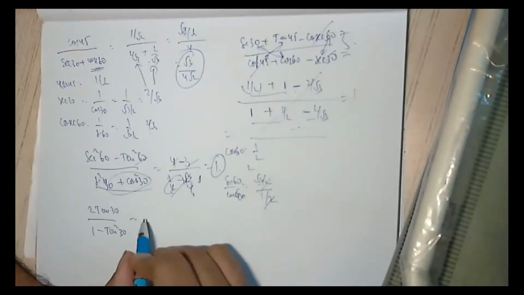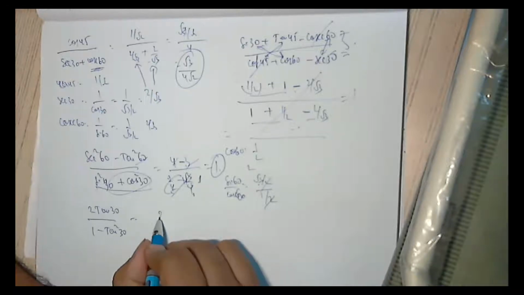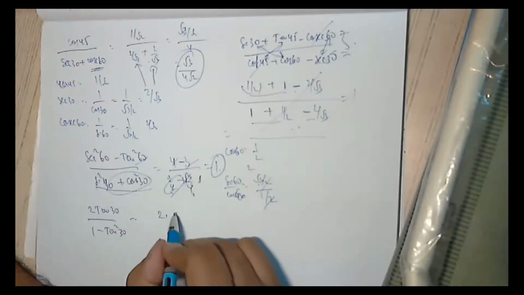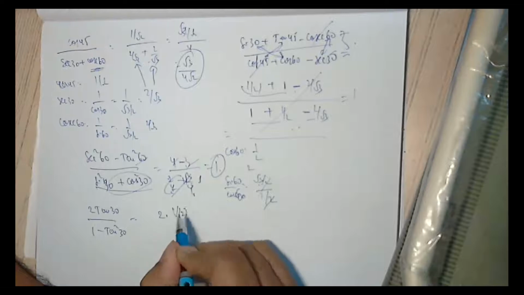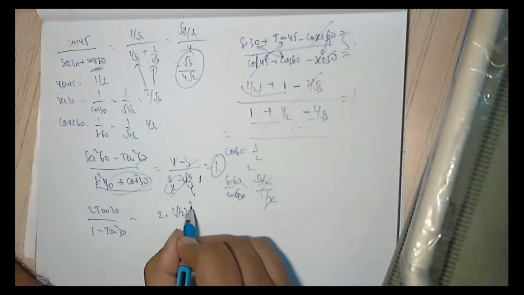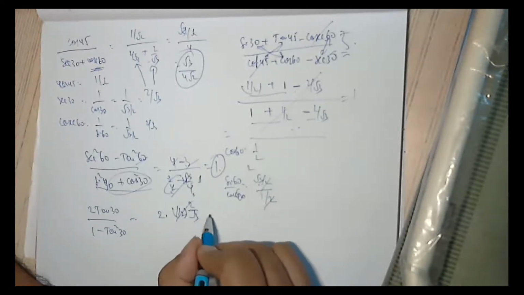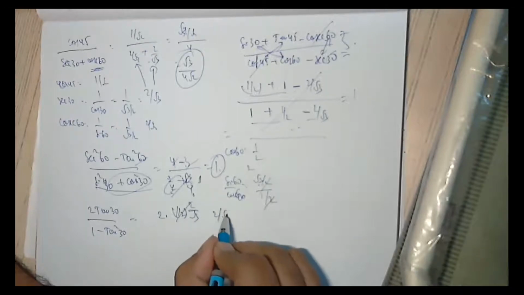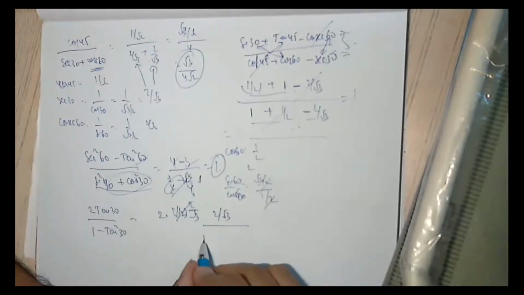So 2 tan 30 minus tan square 30. What is tan 30? Sin 30 by cos 30. Sin 30 is 1 by 2, cos 30 is root 3 by 2. So 2 by root 3, it cancels to 1 by root 3. So the expression is 2 tan 30 by 1 minus...